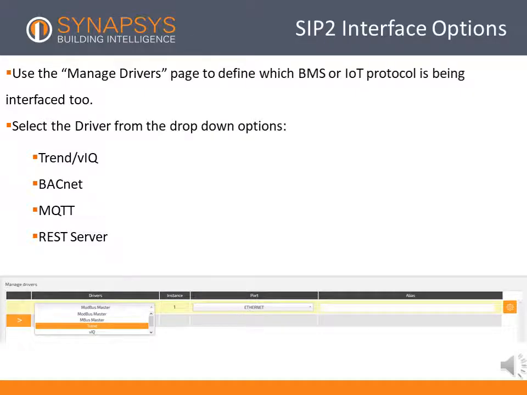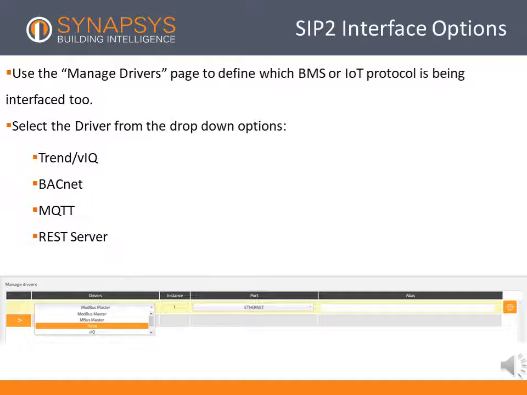The SIP2 provides the ability to interface data from one protocol to another. Once data has been brought into the SIP2, it can be made available to a Trend or BACnet BMS or out over an IoT protocol. To configure protocols to export data, create one of the server drivers in the Manage Drivers page. This could be VIC to communicate over Trend, BACnet over IP,